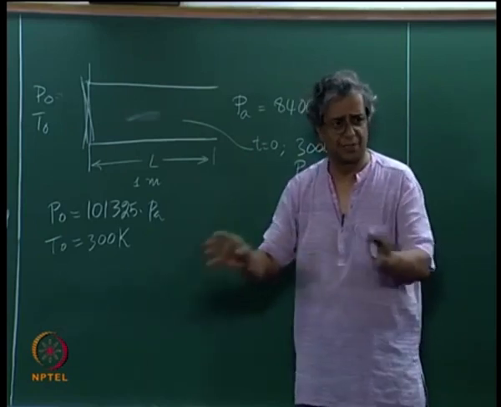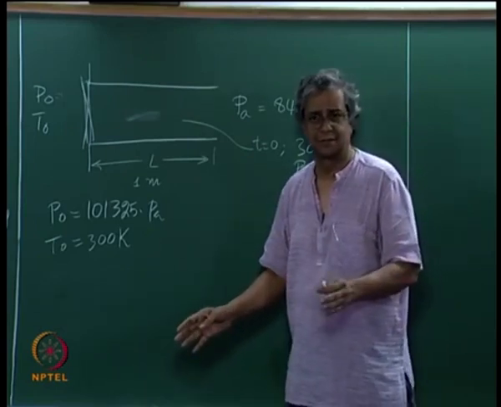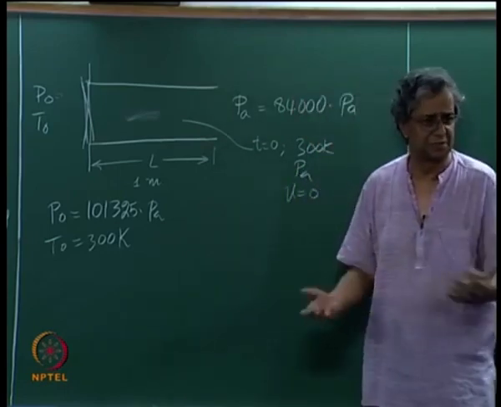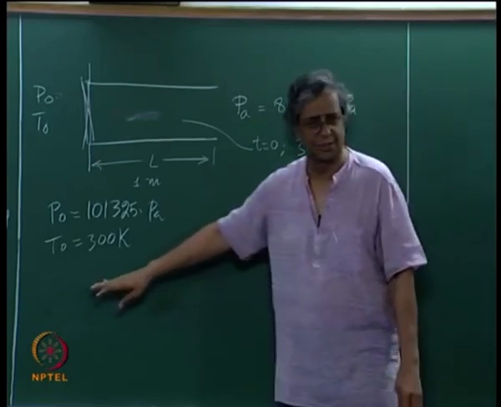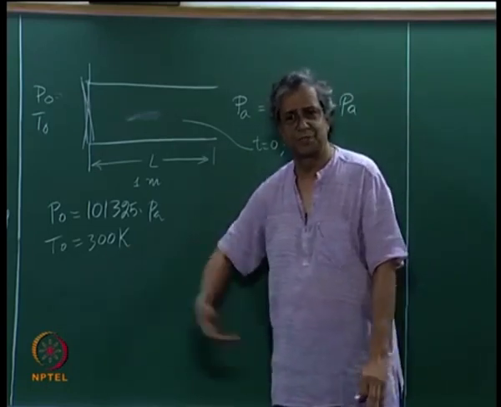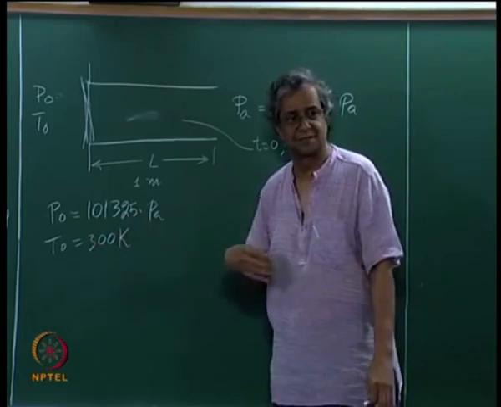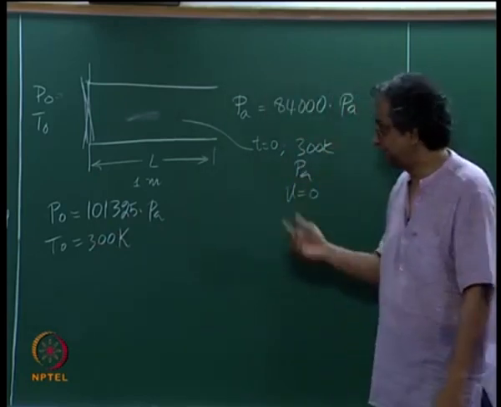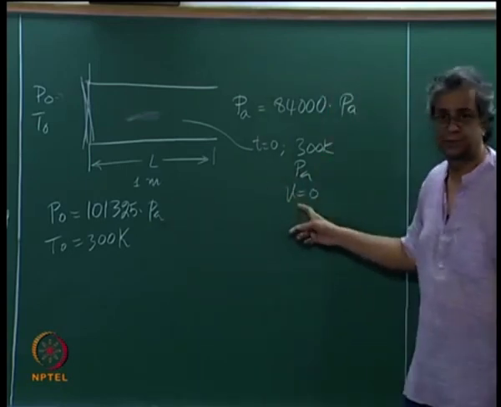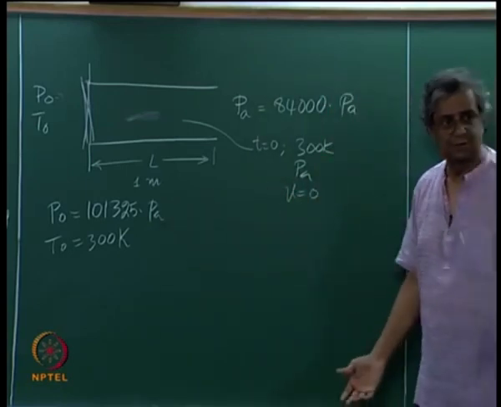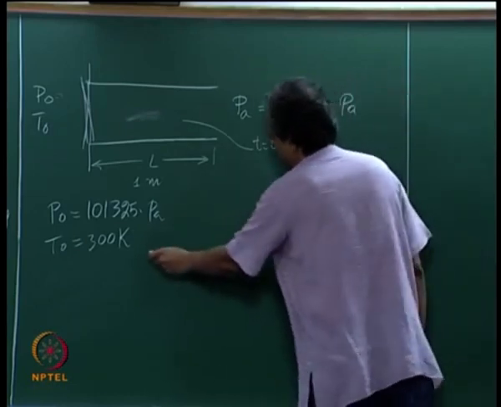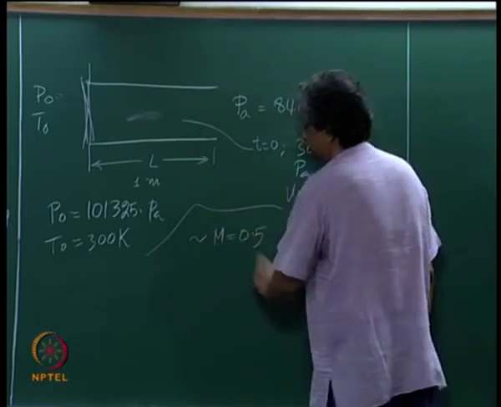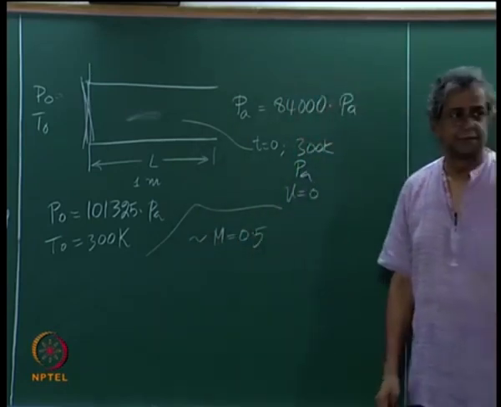Ignore real gas effects. I am not telling you to take into account real gas effects. Once you start getting to 1000 Kelvin, your CP value changes, CV value, gamma changes, all of these things change. So we don't want to go there. You can still keep it at Euler equations, but is there a change there? Is it more difficult to solve? Is it easier to solve? I have already pointed out, why did I pick this ratio of 1.2? Because this gives me an answer that is close to Mach number 0.5,